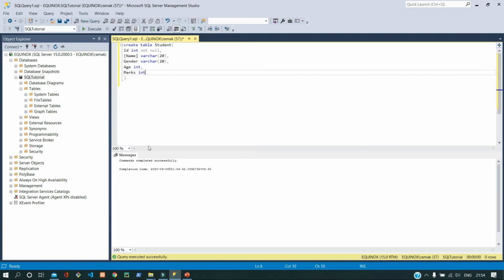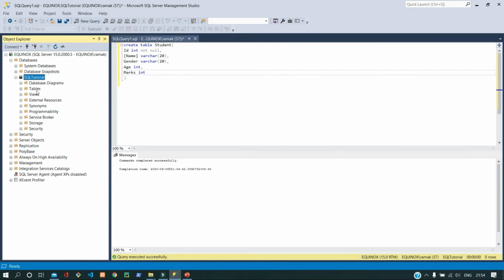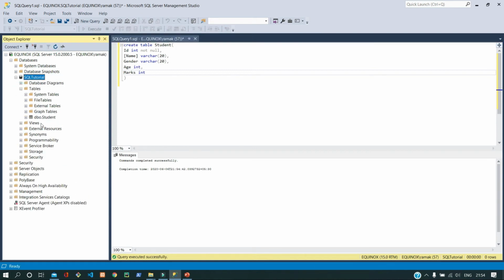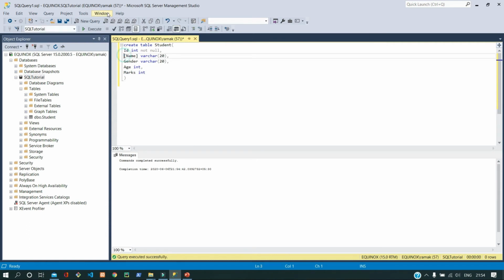So as of now I don't have any table. Let me create this table. You can see my table should have been created. Okay, I do have a table now. So let me fill it with the data. Let me just comment it out and